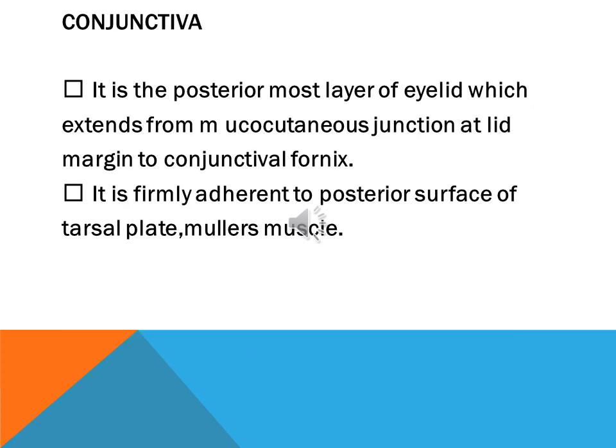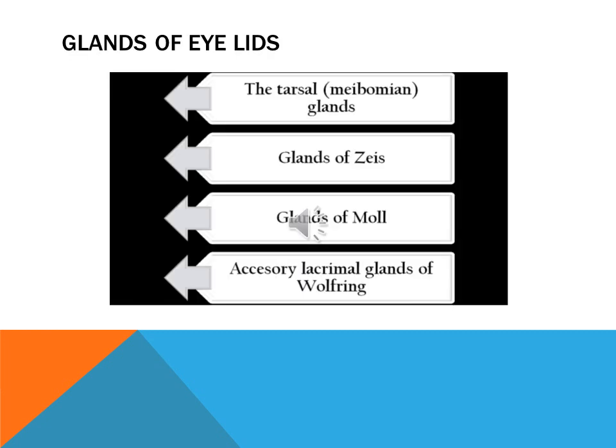Conjunctiva is the posteriormost layer of the eyelid. It extends from the intermarginal strip or the grey line to the posterior lid margin, and it's firmly adherent to the overlying tarsal plate and the levator palpebrae superioris. This is the picture showing the medial palpebral ligament and the dense fibrous tendon and its relation with the lacrimal sac in the medial wall of the orbit.